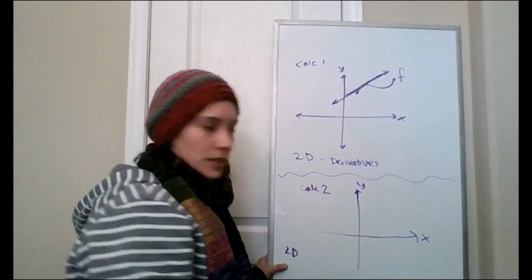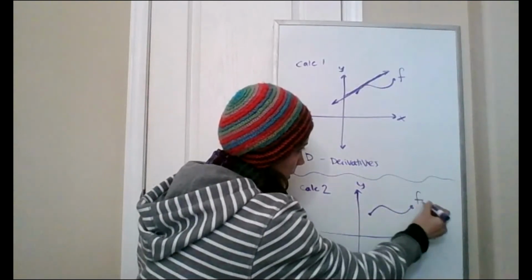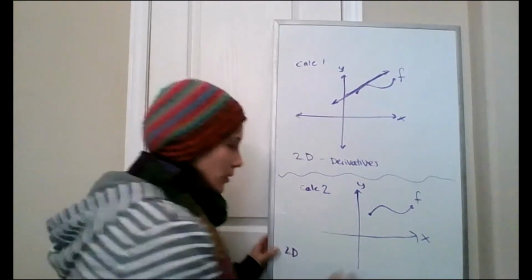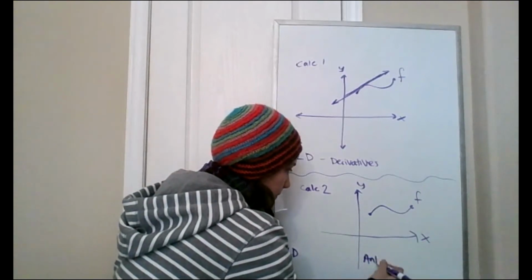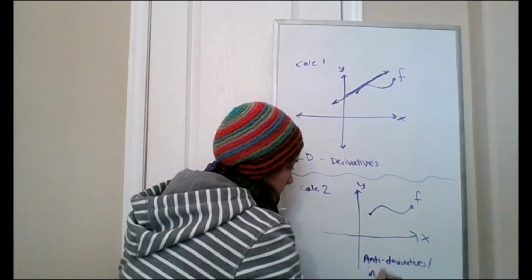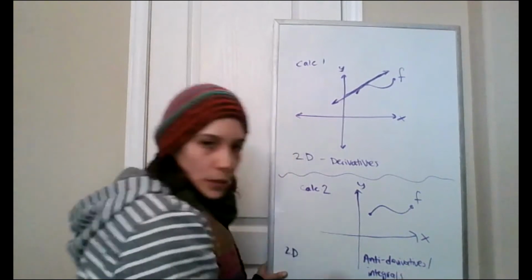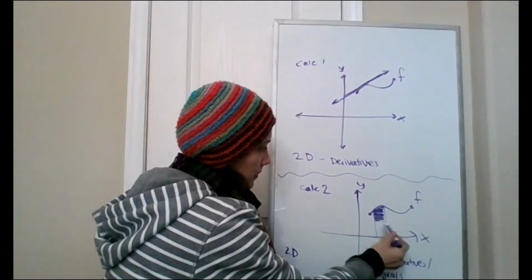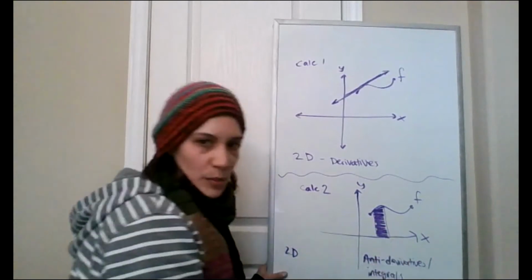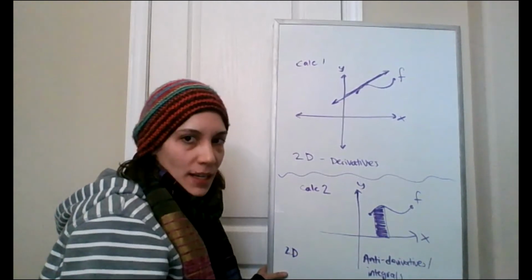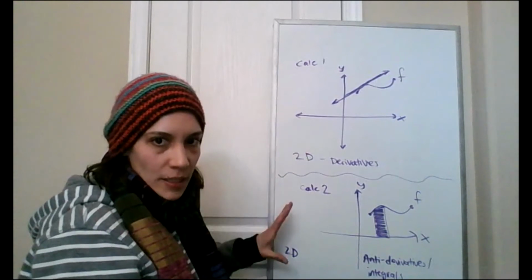You still have some function over here, f. And in this class, you do antiderivatives, or integrals. So you find area under the function to the x-axis, like areas underneath your function, on some interval. Okay, and then you go on to Calc 3, and you do derivatives and antiderivatives, but